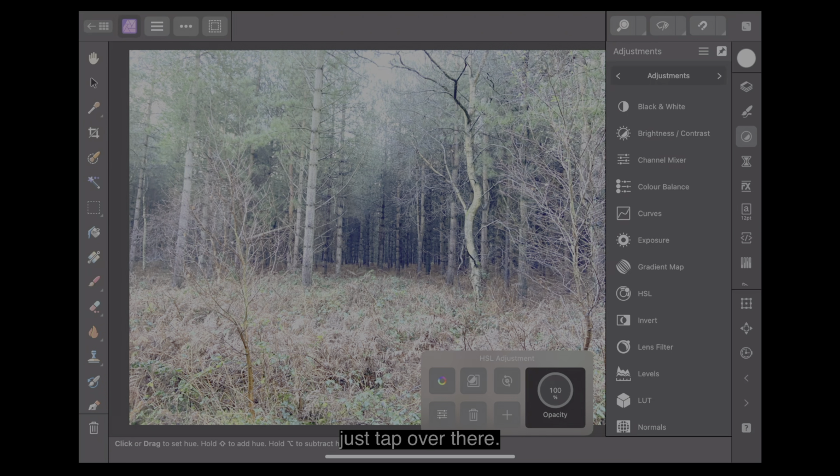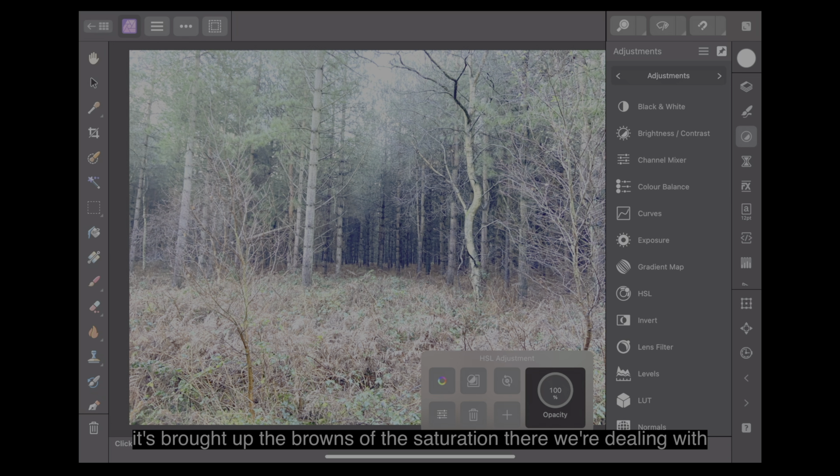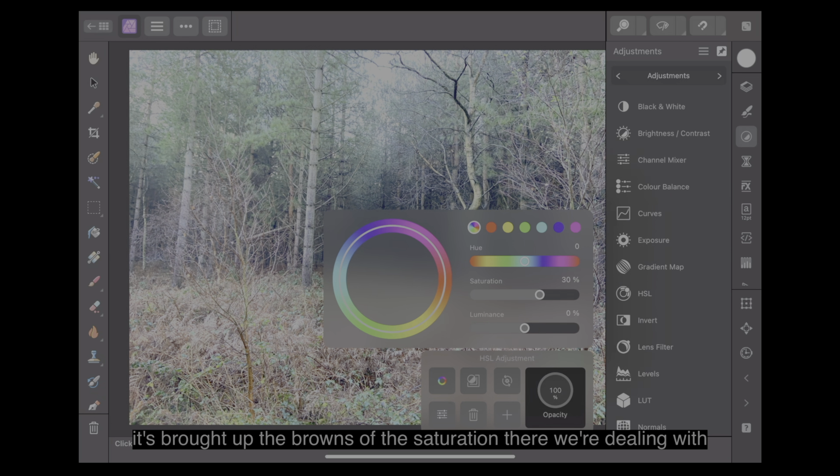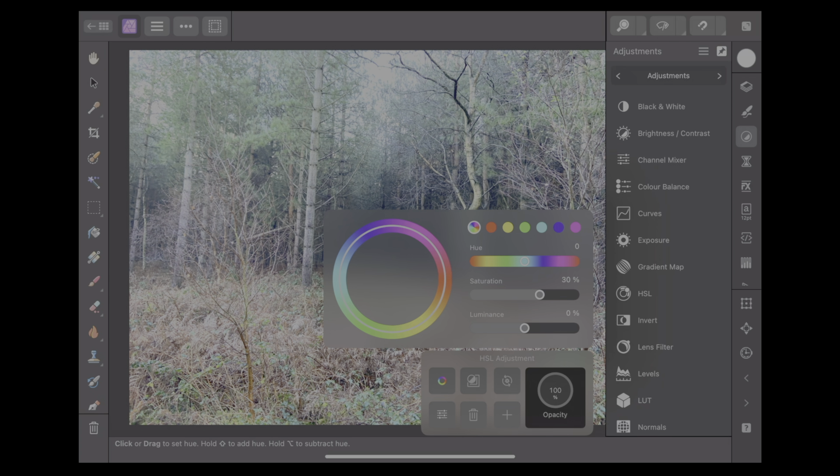Just tap over there. If you use the numbers, the thing stays there. Now, if you want the greens to come up a little bit, because it's brought up the browns of the saturation there, we're dealing with, we've only moved saturation. Now, if you want that green to come up a little bit,